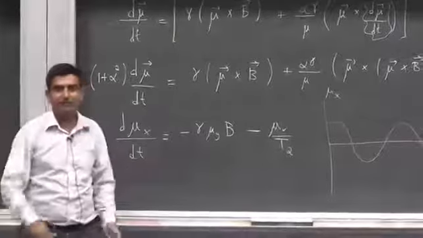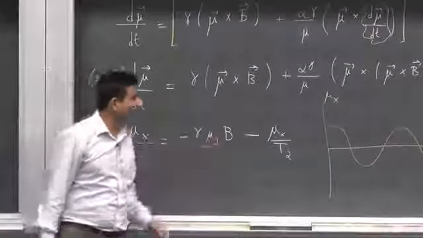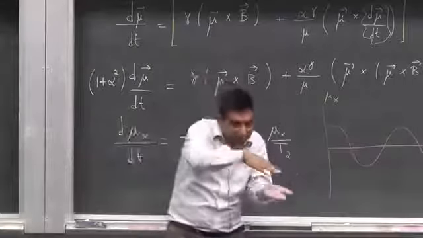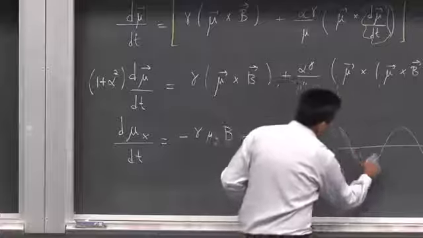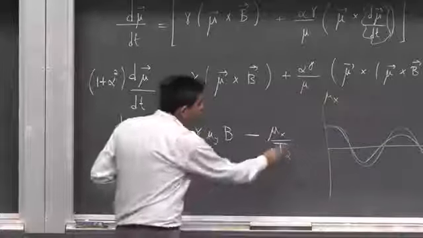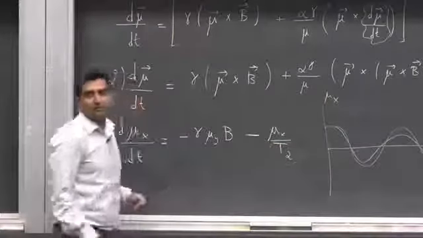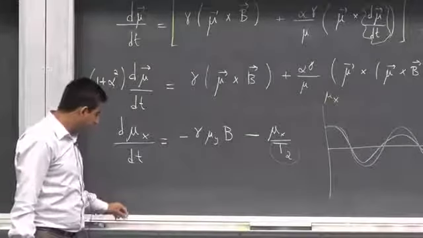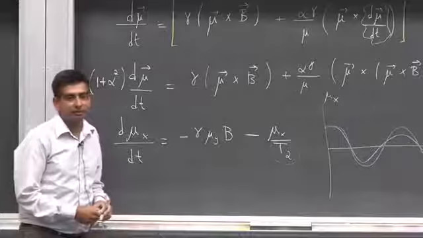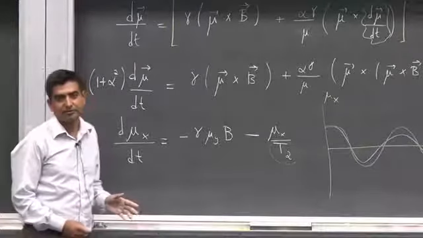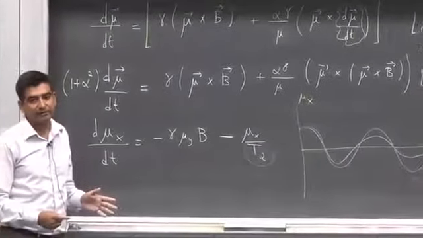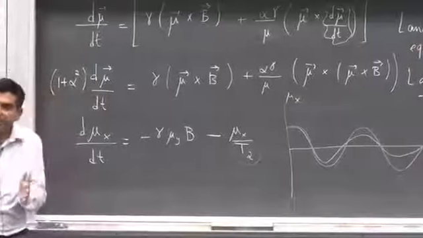So the effect of this is that this function, which was oscillatory up to time infinity, is now going to damp with time. Okay? And the damping time constant is given by T2. This T2 is called a spin damping time constant, or it's also called T2 relaxation. It's like spin diffusion relaxation. There are different names for it. This gives us a coherence time for the spin,